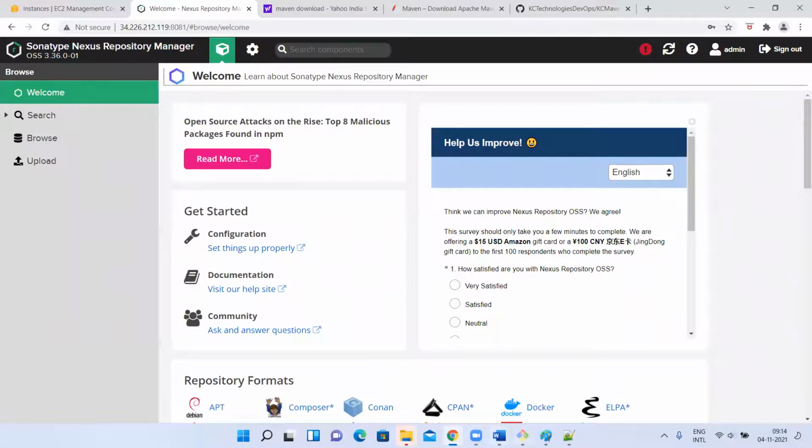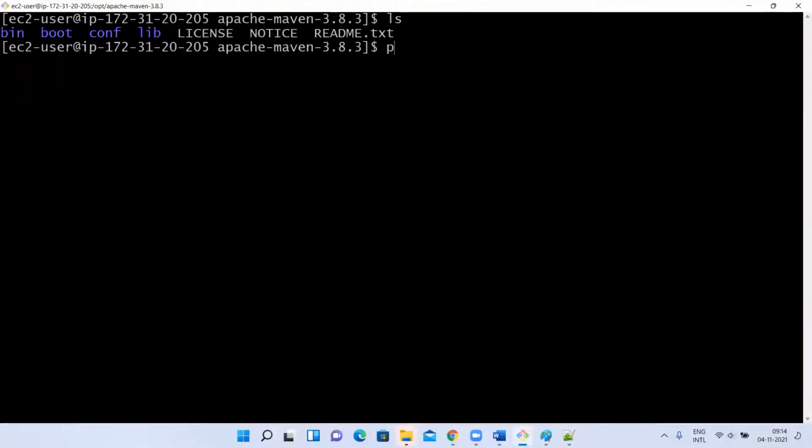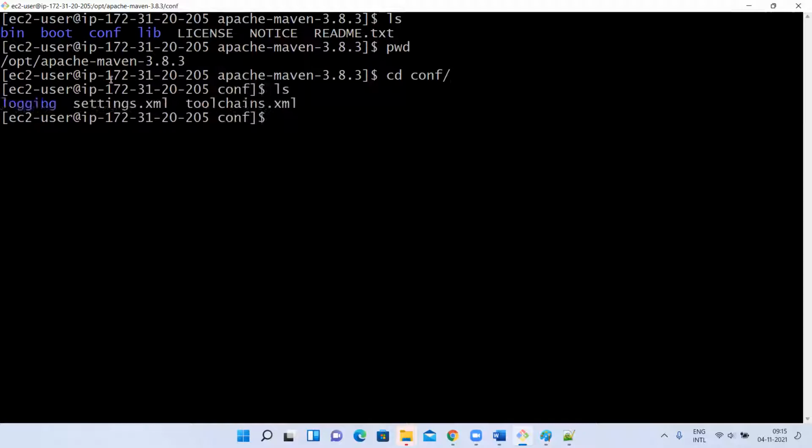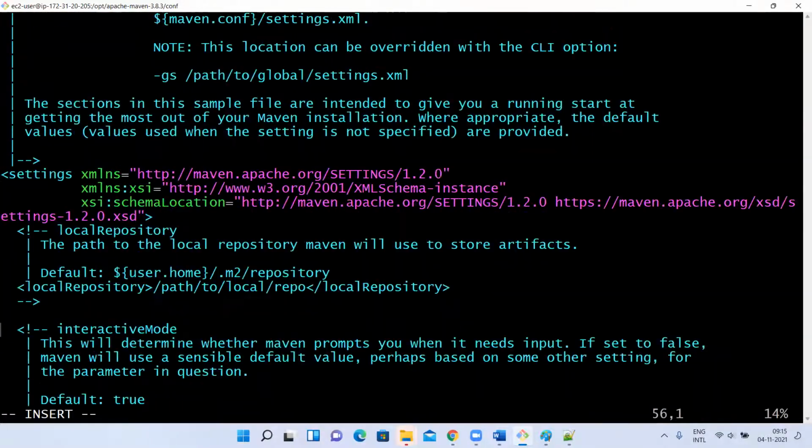Remember this, whether you remembered or not, this is very important. Where did we configure our Maven? Here, at this location we have our Maven. Inside this, there is one conf directory, and we have to get into it. Remember, this is very important. Here there is one file called settings.xml. You have to open this. It is a read-only file. First let me explain, then I'll modify it.